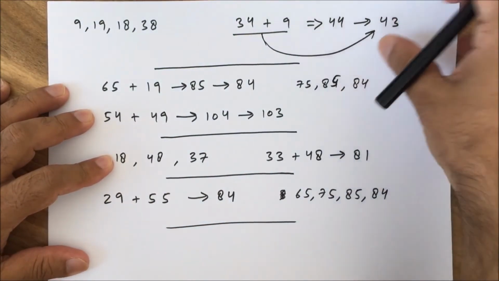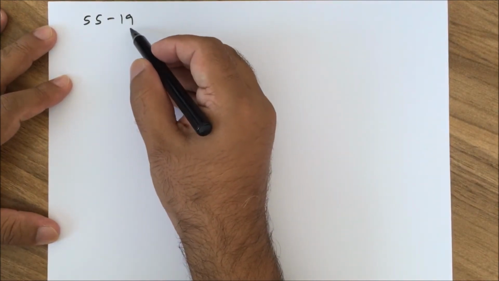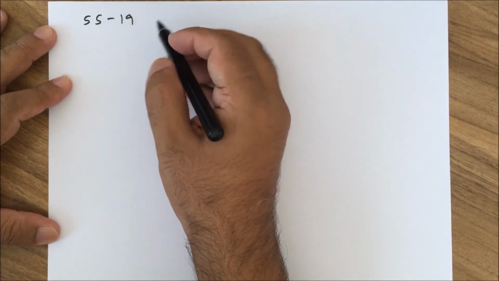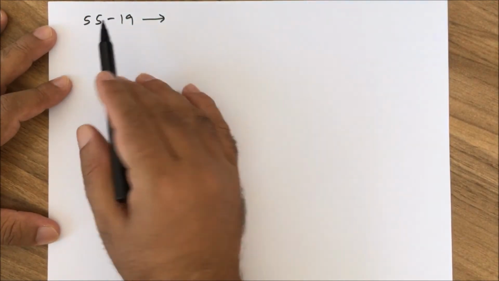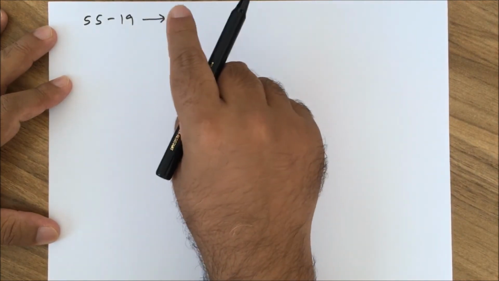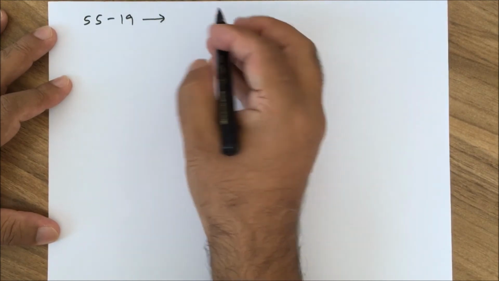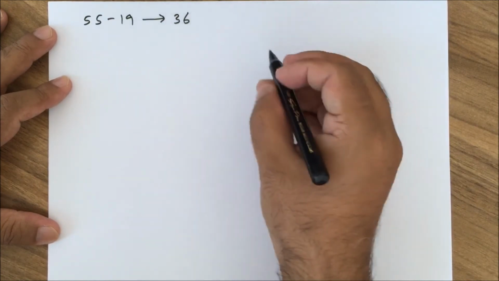Okay, now we were talking about additions only, but the same logic applies to subtraction also. Let's say 55 minus 19, what to do? 55 take away 19 is the same as 55 take away 20, so jump down twice, so 55 will become 45, 35. In the end you have to add 1, not subtract, so it will be 36 in your final answer.